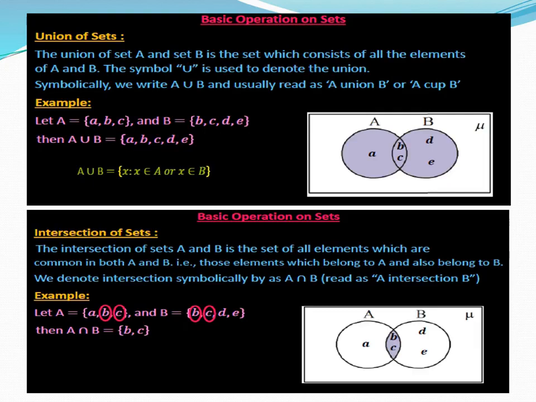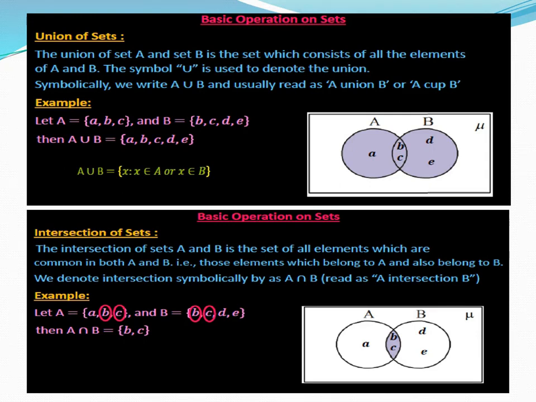Suppose we represent it in a Venn diagram. We take a rectangle box, then two circles, one is set A and the second is set B, and you write the common elements in the common part. Which elements are common? b, c. Then you write b, c in the common part of set A and set B. Then the remaining element in A is a, so you write a. Then the remaining element in B is d, written only in B. The whole shaded part represents the union of the given two sets A and B.